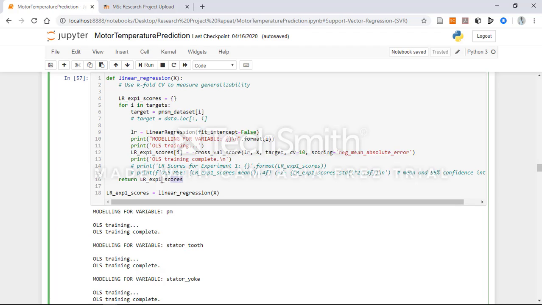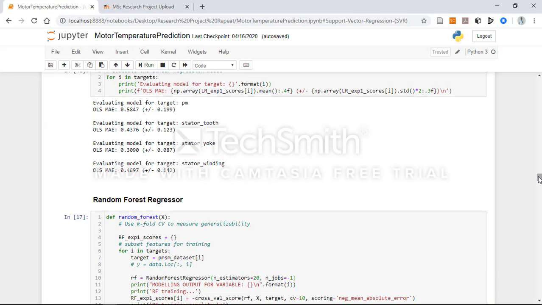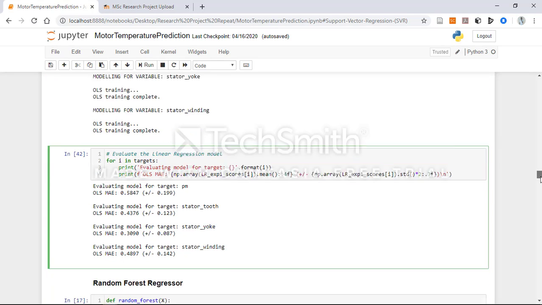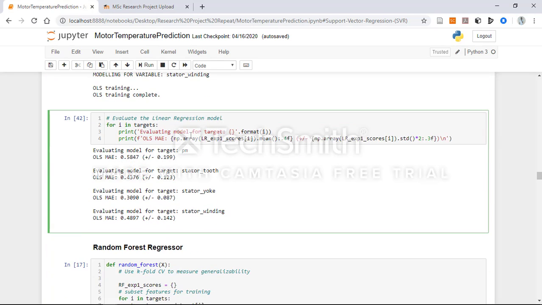After training, this is returned, and here the function which is defined to train the machine learning algorithm is called, and the result is passed into the variable LR experiment 1 scores. And now the model is evaluated